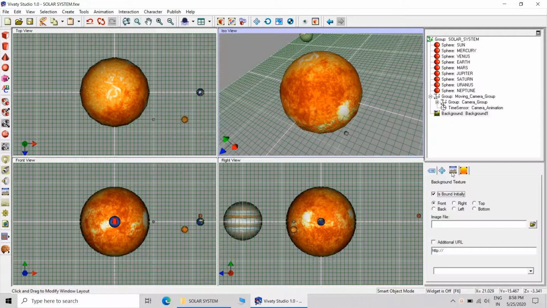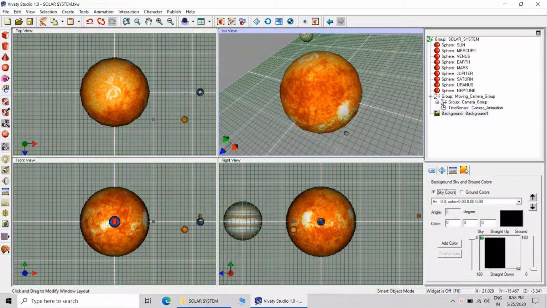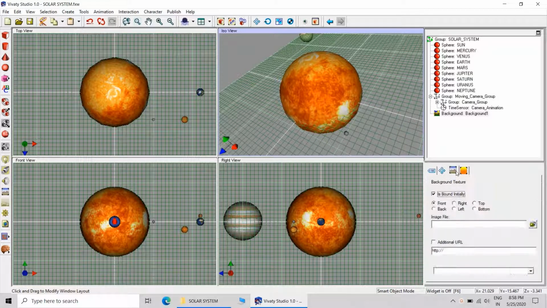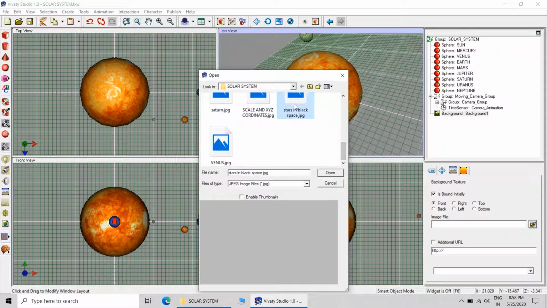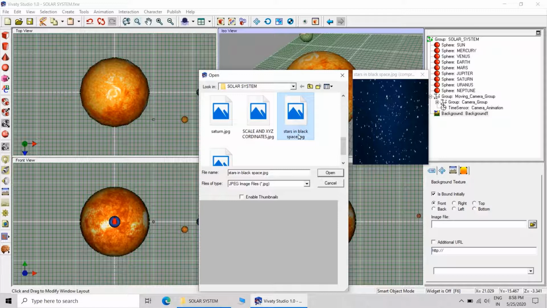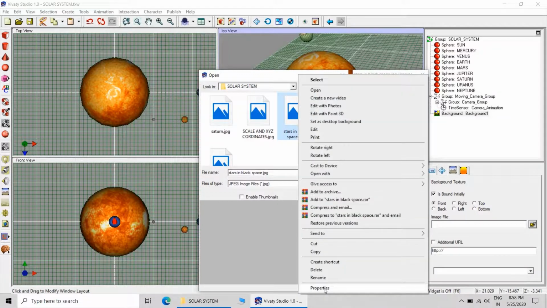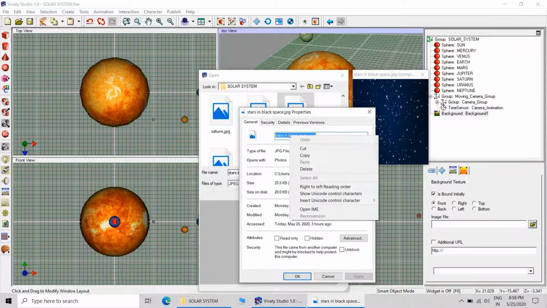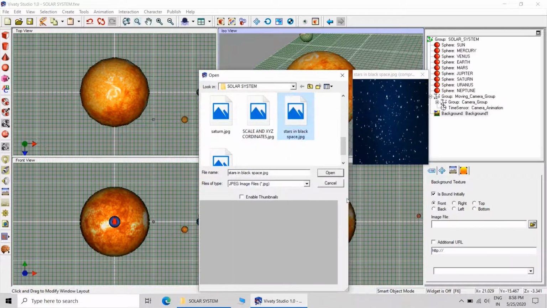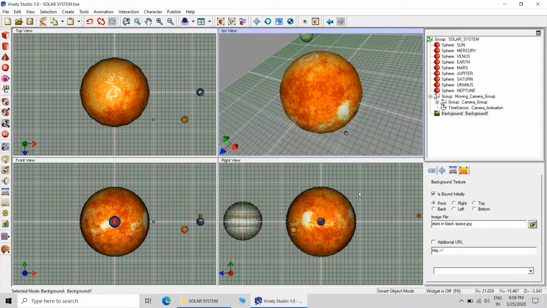then create background. The background will be mapped along all these 6 faces: front, right, top, left, back. I have already downloaded this particular background, and it will be applied to front, right, top, back, left, bottom.